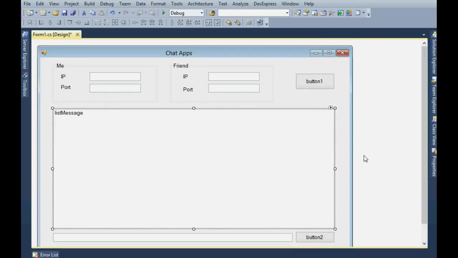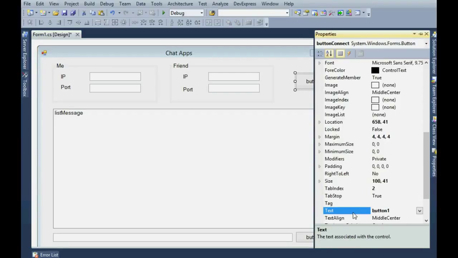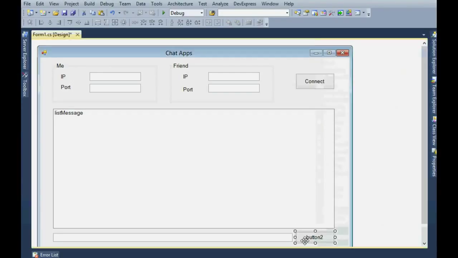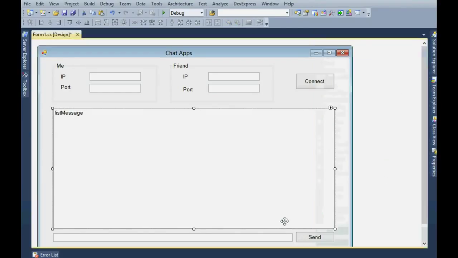Okay, our design and naming is already done. Now I need to give this caption Connect, and this should be Send. Alright,